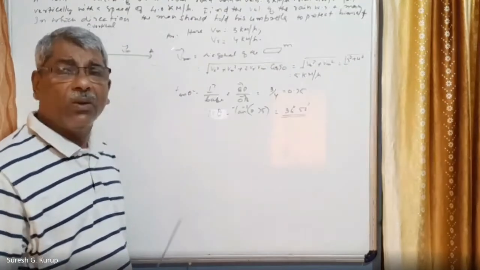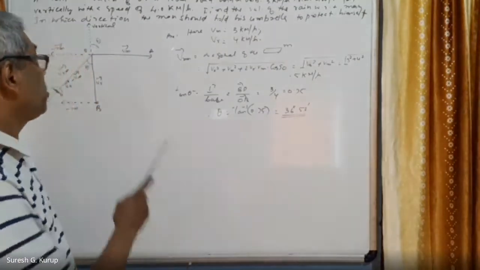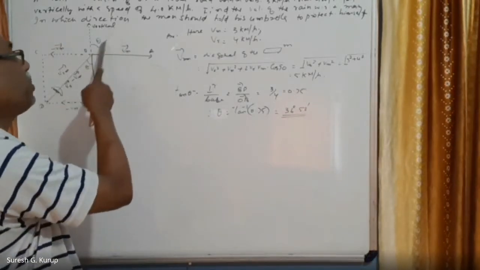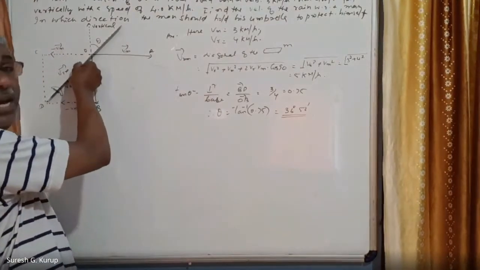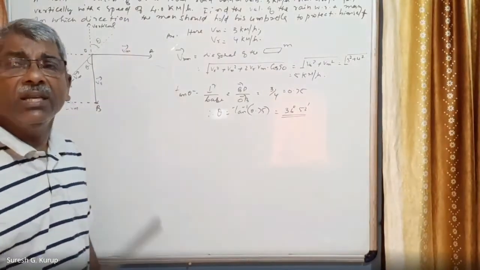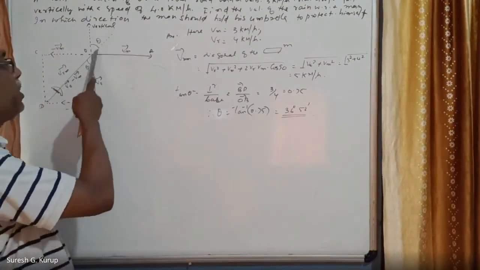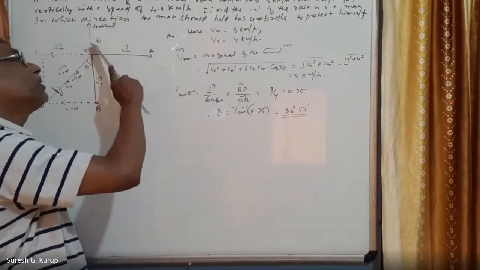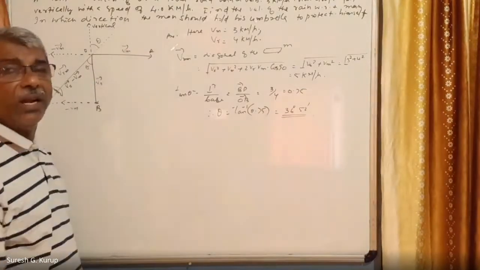Next, we have to calculate in which direction the man has to hold his umbrella, right? So this is the direction of the relative velocity. This is the direction in which he has to hold his umbrella because he is moving along this direction. So he has to keep his umbrella in the direction of the relative velocity. The relative velocity is making an angle theta with the vertical. See, this is vertical. This is the relative velocity. Am I correct? And what is the direction of the relative velocity? It is moving like this. That means the relative velocity direction makes an angle theta with the vertical. So the man has to hold his umbrella along this direction, right?